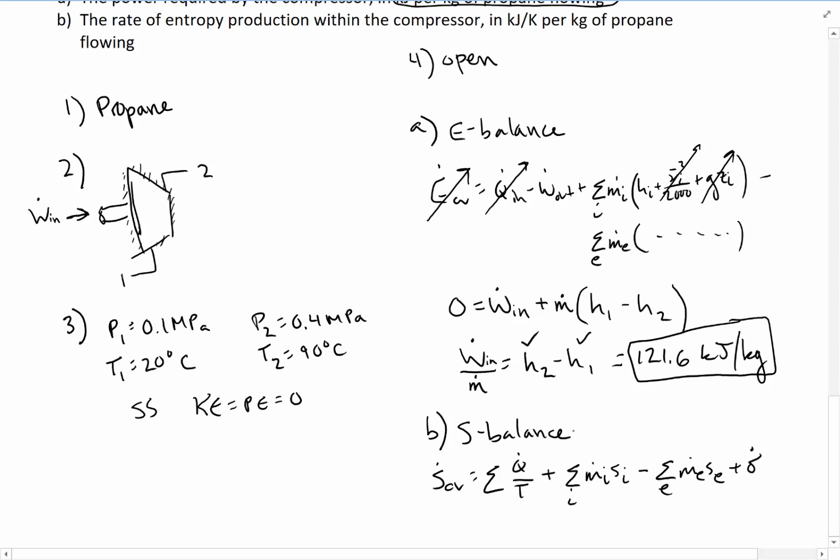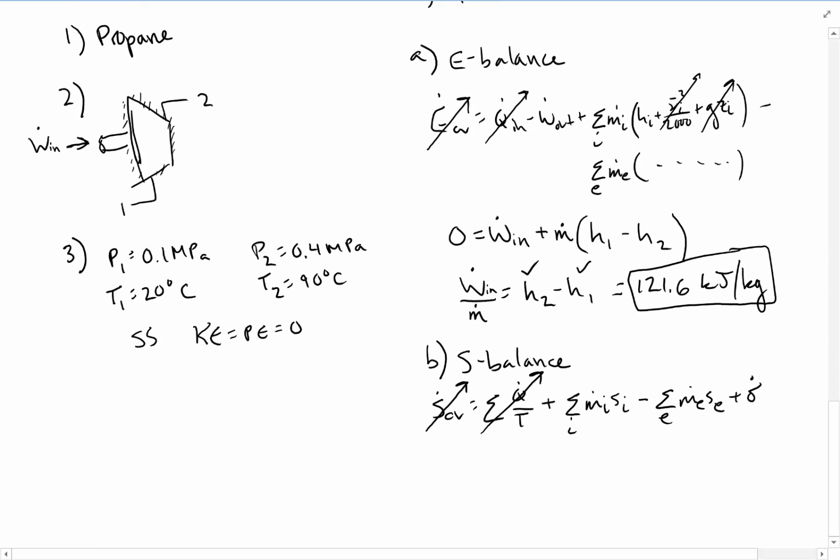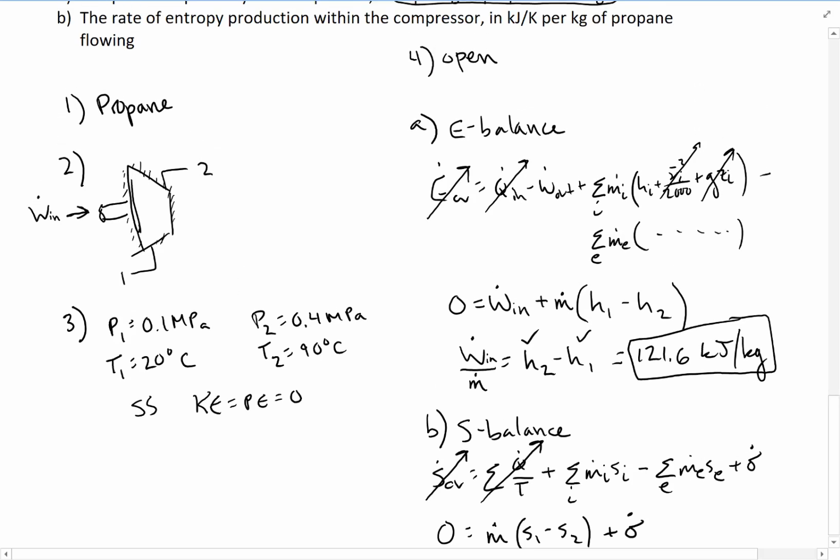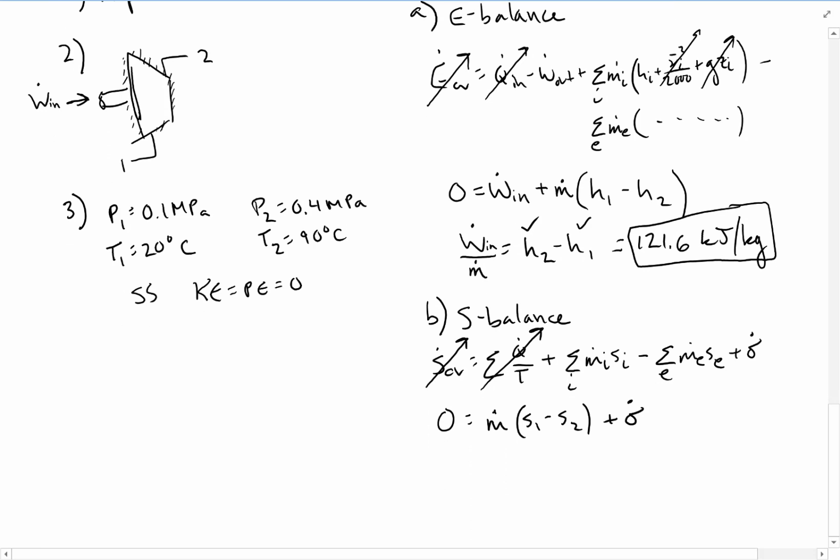First term on the left, S dot CV, that's going to be 0 because we're in steady state, so there's no accumulation of entropy. Sum of Q dot over T, Q is 0, so that whole term is 0. Again, we have one inlet and one exit, so we have one mass flow rate, and what we're left with is 0 equals m dot times S1 minus S2 plus sigma dot. So we were asked to find the rate of entropy production per mass flowing, so we want sigma dot over m dot, which is equal to